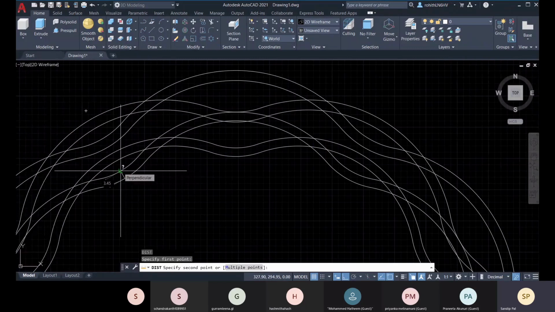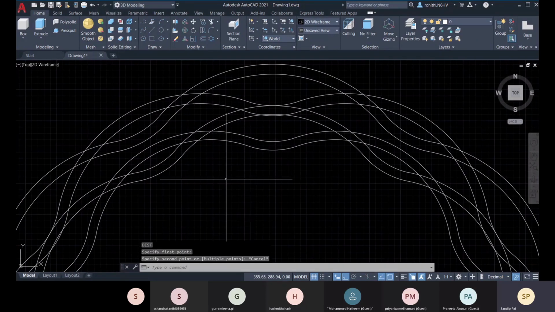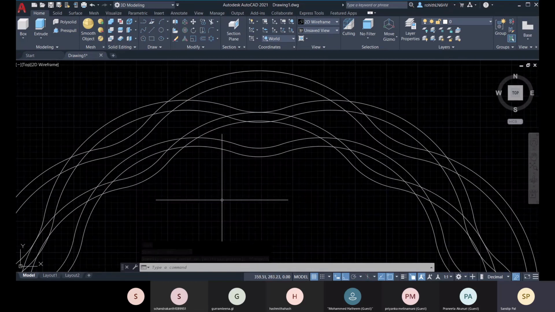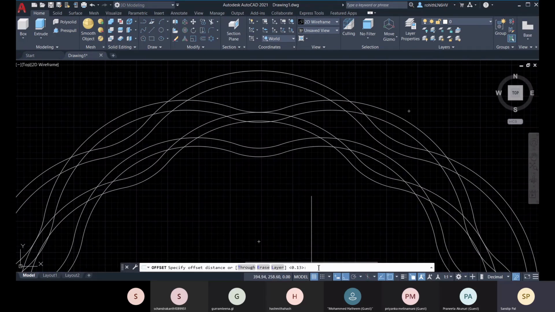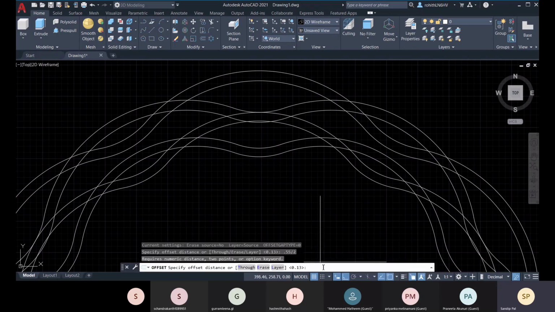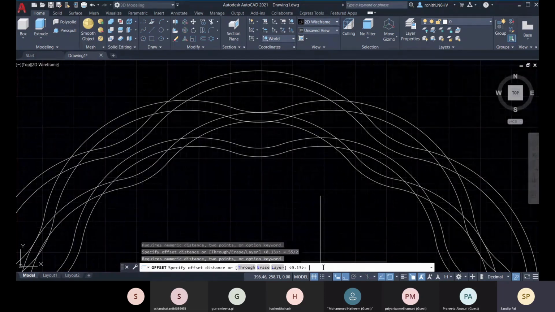3.45 is the gap, so you have to put 55 more, so go with the offset. Okay, so here it will not be taken.